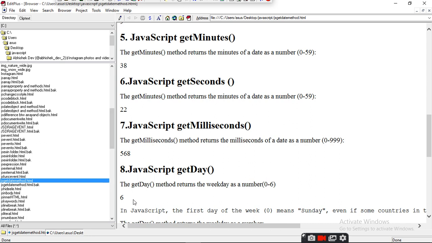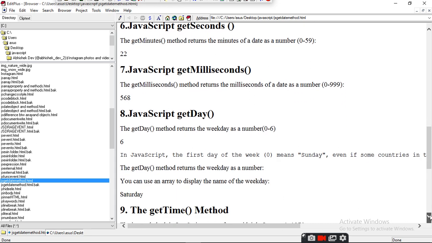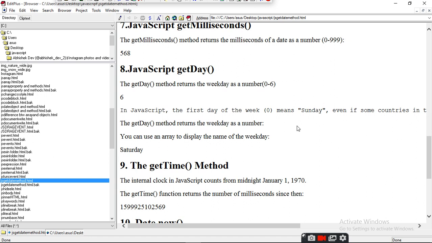The JavaScript first day of the week is Sunday. Even if in some countries it differs, the getDay method returns the weekday as a number, and you can use an array to display the name of the weekday. It is showing Saturday, but it is a Sunday.